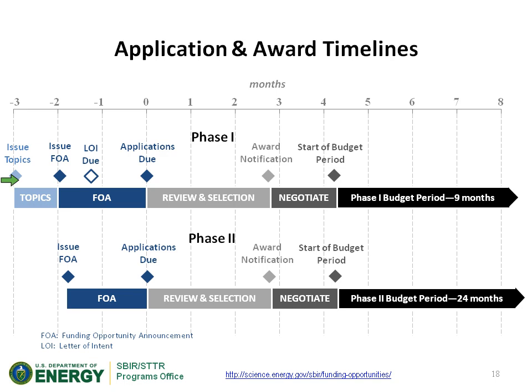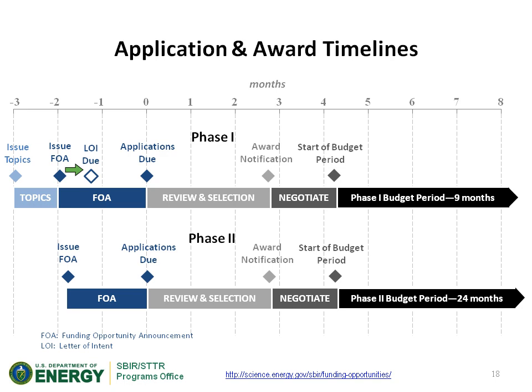And typically, we issue topics about 3 months before the applications are due. And the reason we do that is, initially you should really be finding a topic area that fits for you. You don't have to worry about how to apply if there's really not a topic area that's a fit for your area of expertise. About 2 months before the applications are due, we issue the funding opportunity announcement, and that was just issued last week.